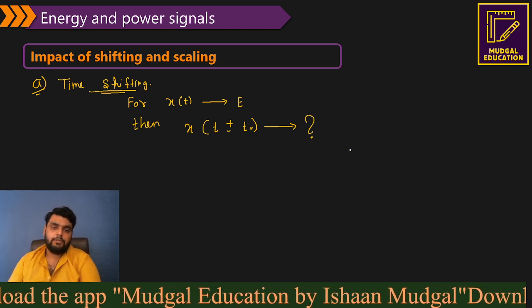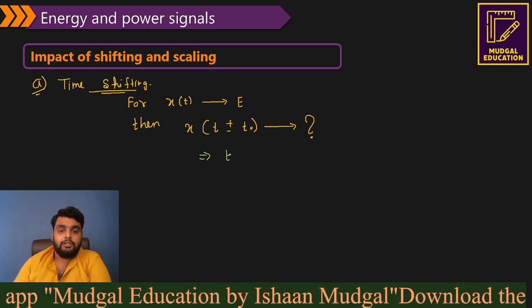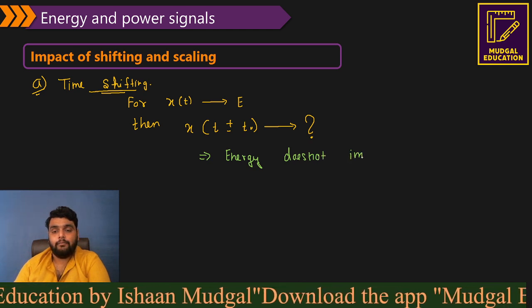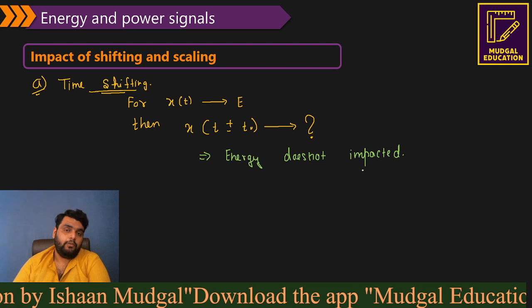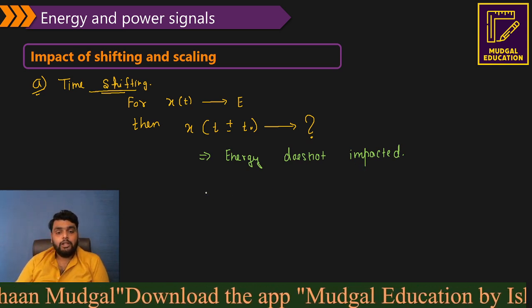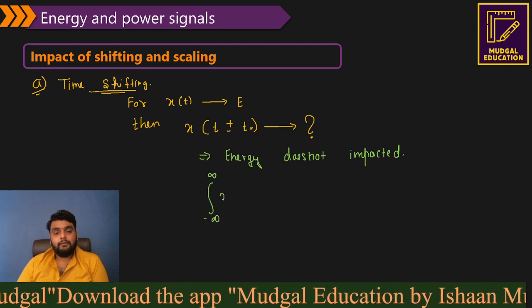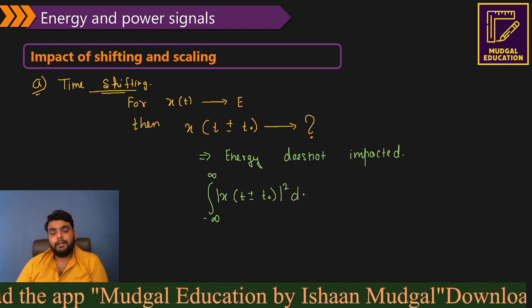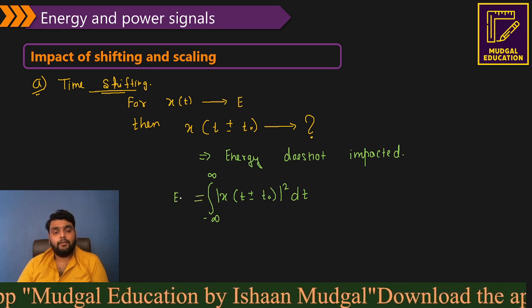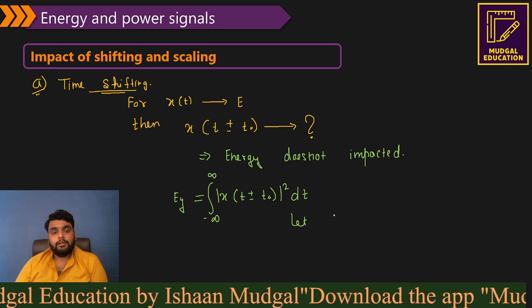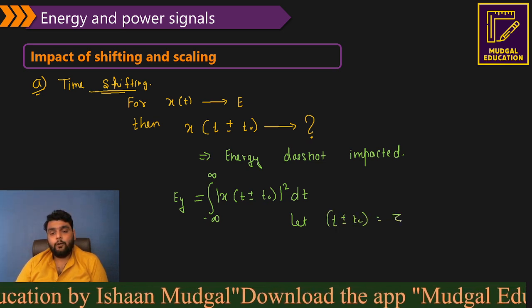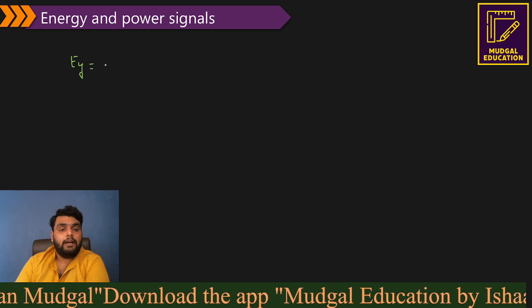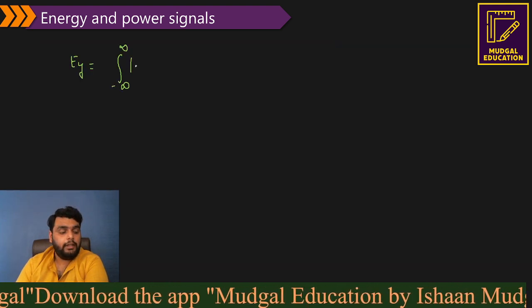So what is the time shifting property here? The point is, energy is not impacted. A very simple phenomenon. You want the derivation? I will show you. The energy formula is the integral from minus infinity to infinity of x(t plus minus t naught) whole square dt. I need to find this energy; let's suppose it is the energy of a signal y. Now let t plus minus t naught be equal to tau. So dt is equal to d tau, and there is no change in the limits. So the energy of y is the integral from minus infinity to infinity of x(tau)